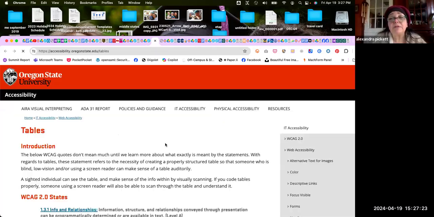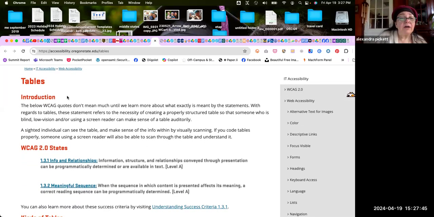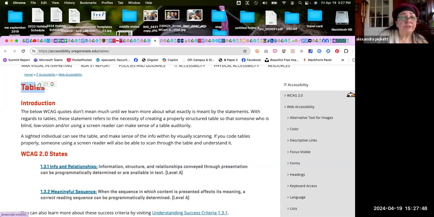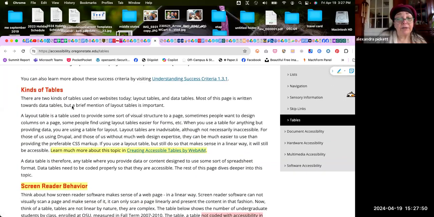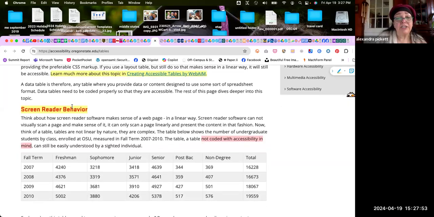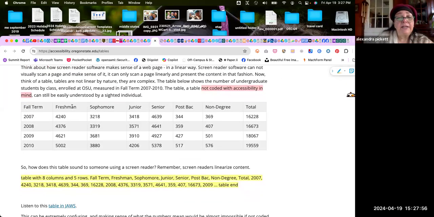And so you just want to build awareness in faculty. If they're going to use tables to present content, which sometimes you have to, that's really the only way to present it, that somebody takes a look at that for accessibility, to make sure someone who's listening to it being read to them is going to be able to understand it. And the resource that I have for you for this is from Oregon State, and they're fabulous in many things that they do. But for example, this table here that I'm showing you with the fall term, freshman, sophomore, and so forth,